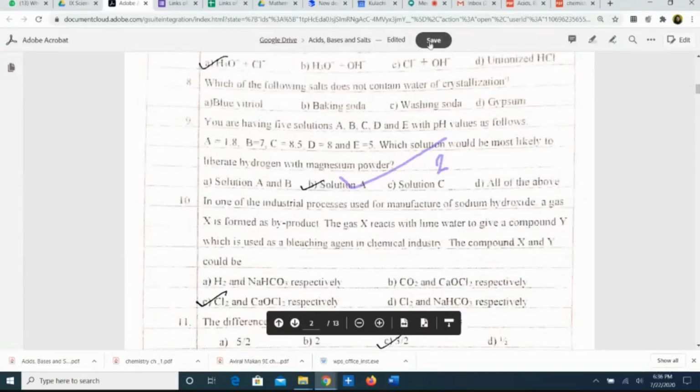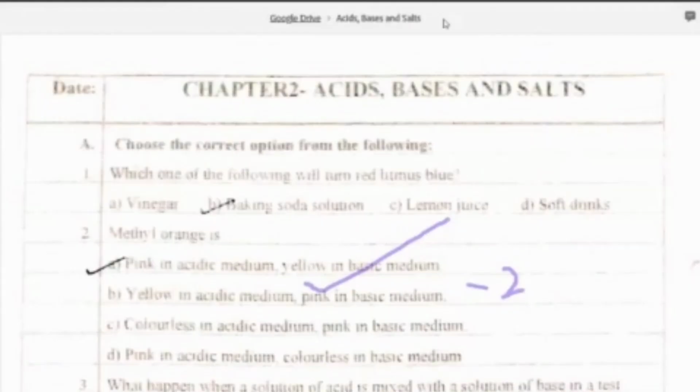The save button has to be done. Otherwise, your annotations are not going to be saved. So you save it. So this is done. Now, once this is done, I have to share this folder with my co-partner.